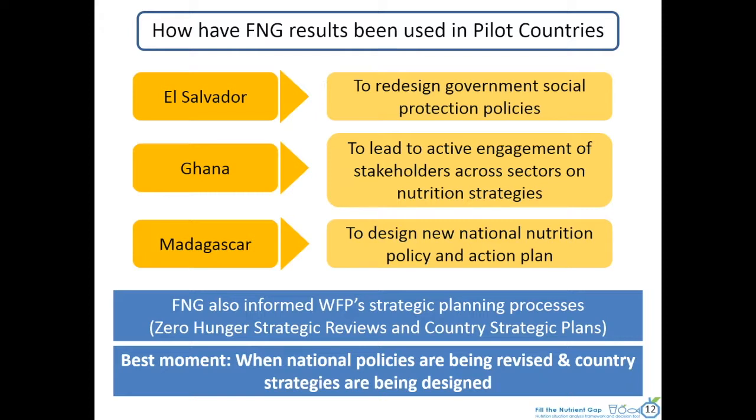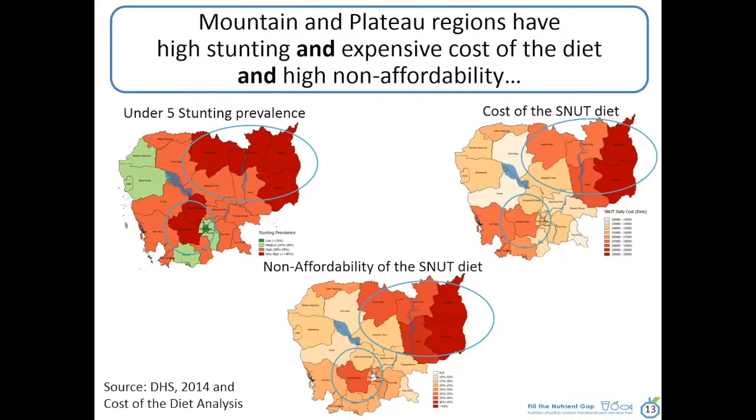So we don't have time to actually go into a full example of what type of insights we get from the analysis, but this is showing you an example from Cambodia, where you can see how we can try to triangulate information from secondary sources and the cost of the diet analysis, and see, for example, the prevalence of stunting in children under 5 by different regions, but then try to correlate it with the cost of this cheapest nutritious diet, and the non-affordability,